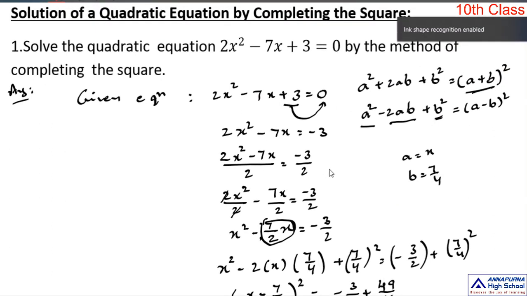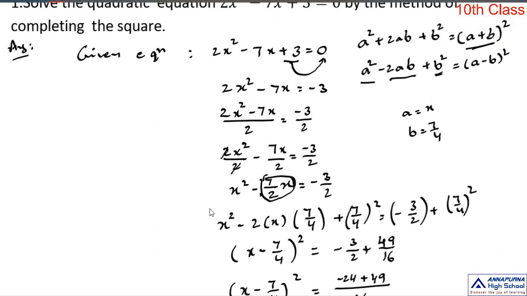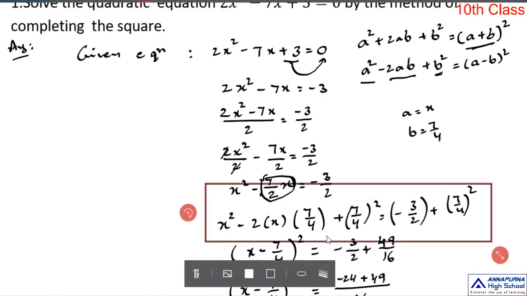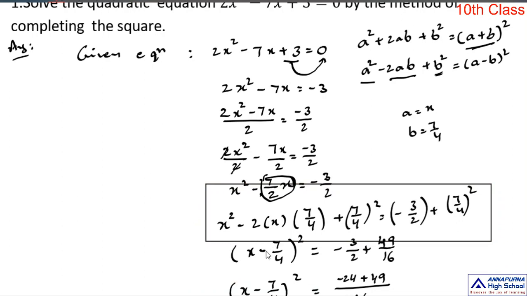Okay, so in this process, this step is the most important. Why? Because in this step, we present the left side part of the given equation as either (a plus b) whole square or (a minus b) whole square. So to complete that step, we must add one term on both sides of the resultant equation. Okay, so which term are we adding? Only the b square term. And how do we find that b value?